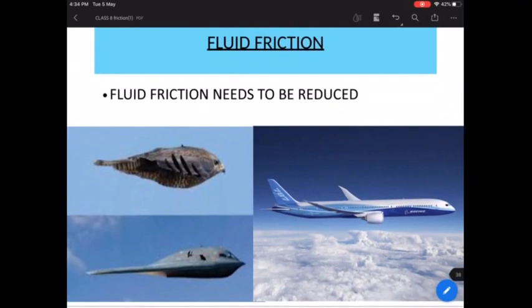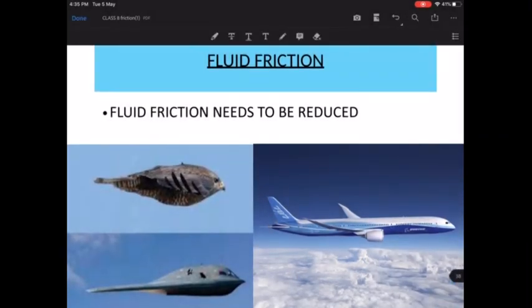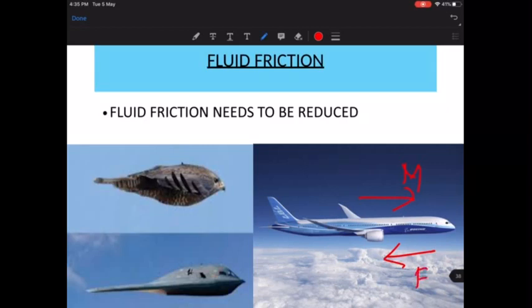Fine? So this is also called fluid friction or air friction. Correct? Now, suppose you're flying, do you want your friction to be more or less? I'm not asking on the ground. Of course, on the ground, the friction has to be more in such a way that we are able to walk easily. But suppose you're flying and you're getting more friction from the front because you are moving like this. This is your motion, so this is going to be your friction. What will happen? You will not be able to pick up speed. Friction will restrict your motion. So you want your